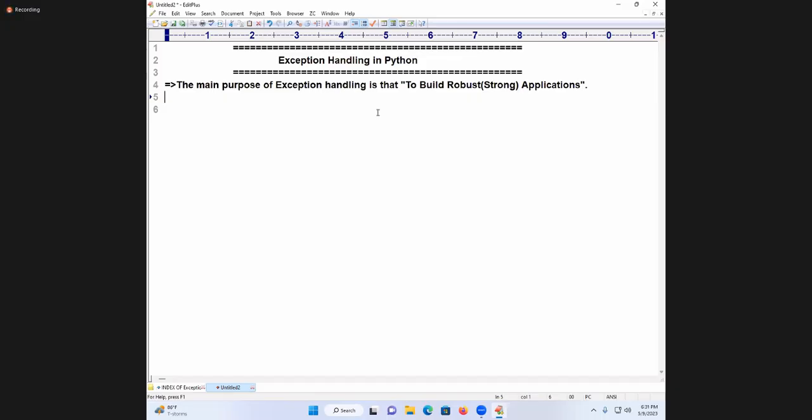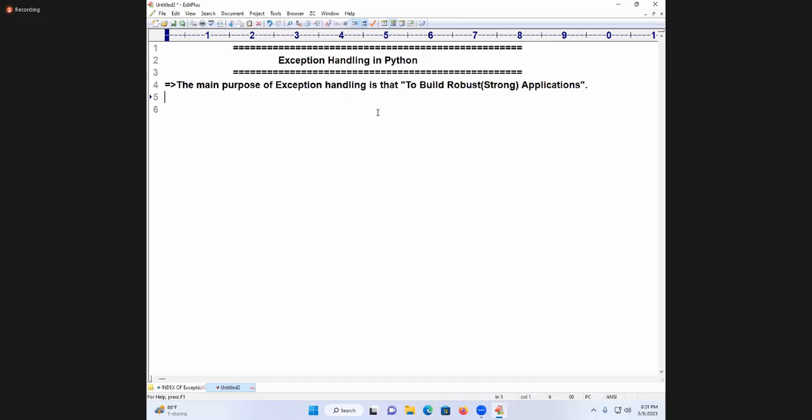Similarly, I am going to say two things from now onwards. Valid input gives what? Valid result. Invalid input is entered. What message has to be given? User-friendly error message. To give the user-friendly error message, you have to use what? Exception handling concept you need to use. Dear students, now I am going to give a conclusion.